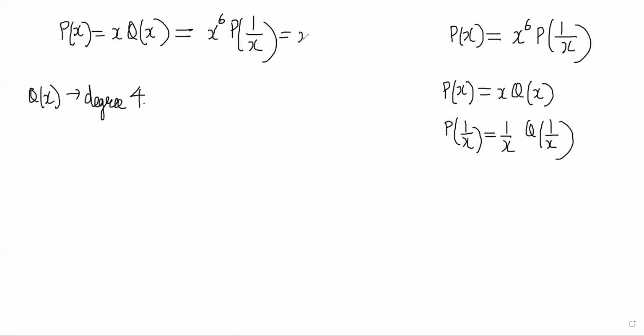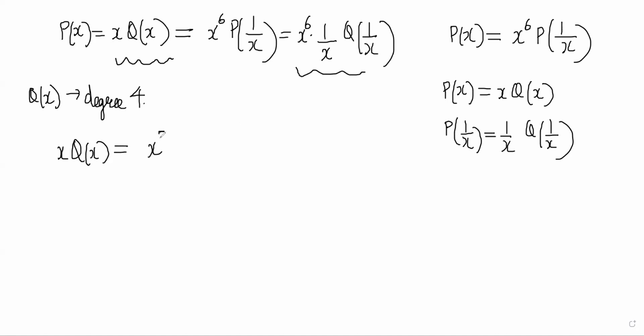So here I can write x power 6, 1 by x, q of 1 by x, right? So now notice that we are getting x q of x is equal to x power 5 q of 1 by x, and x gets cancelled. You get q of x is equal to x power 4 q of 1 by x,